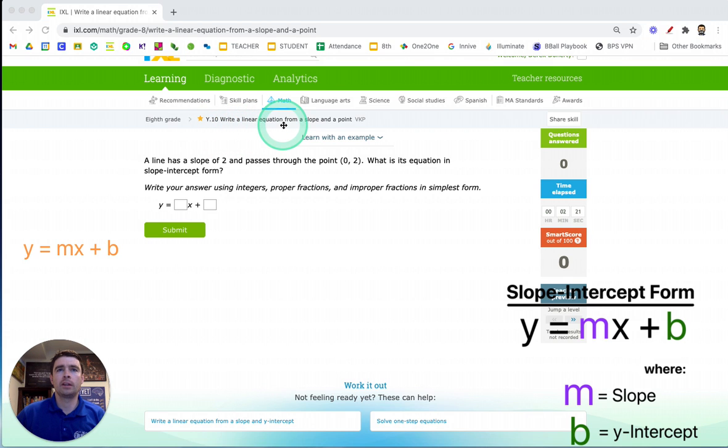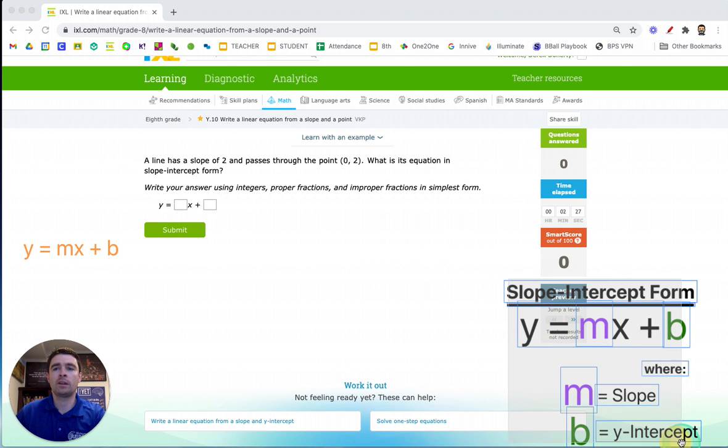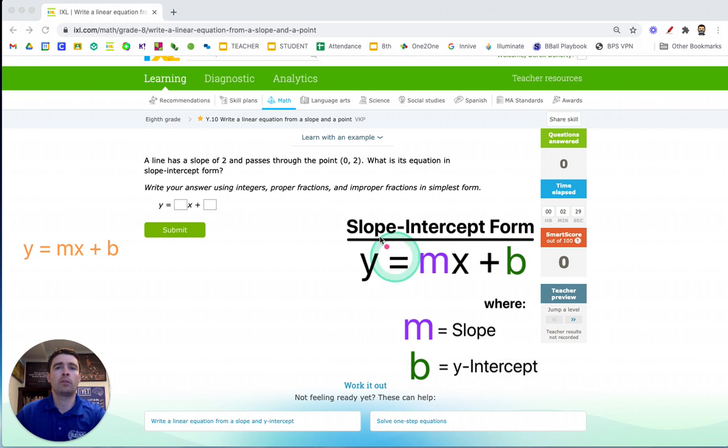called Write a Linear Equation from a Slope and a Point. And as we work on this assignment, it's important to still be really understanding our formula, y equals mx plus b, which we call slope-intercept form. Because this formula, and you see the framework sitting here already with the y equals mx plus b fill-in that's there, the m is going to go in for slope and the b is going to go in